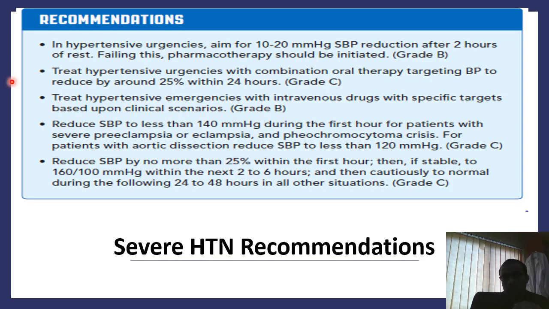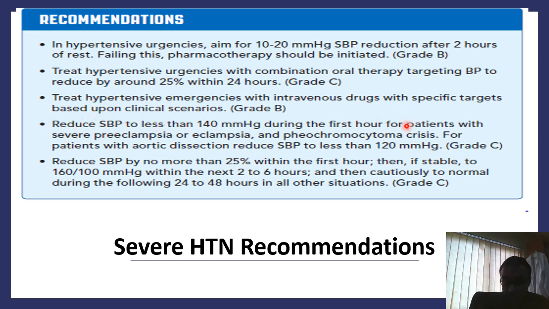So now, as a summary of the recommendations for hypertensive crisis, we can say that for hypertensive urgencies, aim for a 10 to 20 SBP reduction after 2 hours. Treat hypertensive urgency with combination oral agents, and target at least around a 25% reduction within the 24 hours. Treat hypertensive emergencies with intravenous drugs, and reduce the SBP to less than 140 in the